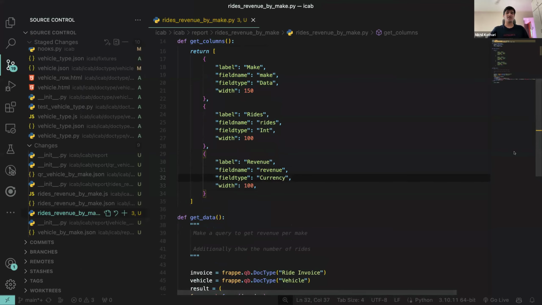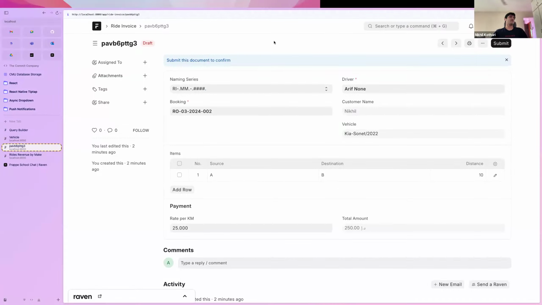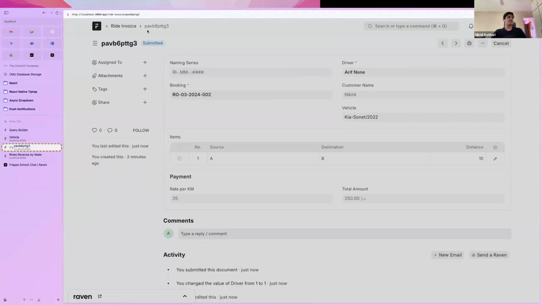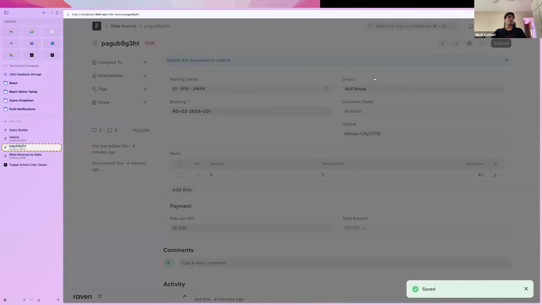We usually work on the develop branch, so there might be bugs in Frappe. Always use the version 15 branch. That's the stable one. Anyway, now you'll see a problem with this though, right? I'm not really filtering by the submitted documents at all. So these are just invoices that have not been submitted, so you really can't count that as revenue, right? Ideally, after it's submitted, that's when it should actually show